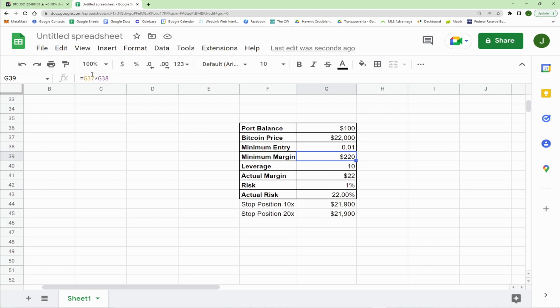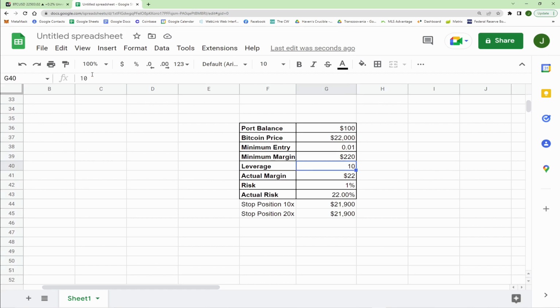Now, we're not talking about fees here. Different exchanges have different fees. I'm not calculating that in here. But the fees don't really matter, to be totally honest. Because, again, like I said in the beginning of this video, leverage doesn't really totally matter unless you've got a small port. People trading with $100,000 don't really use leverage because there's no reason to. It makes no sense.